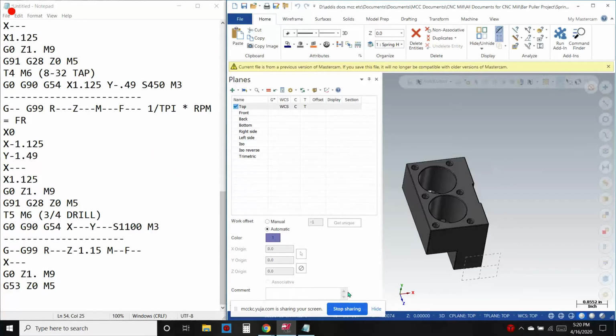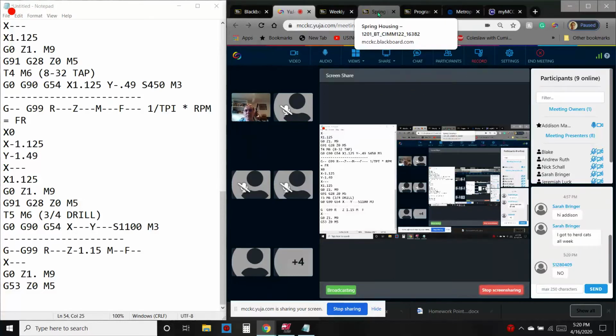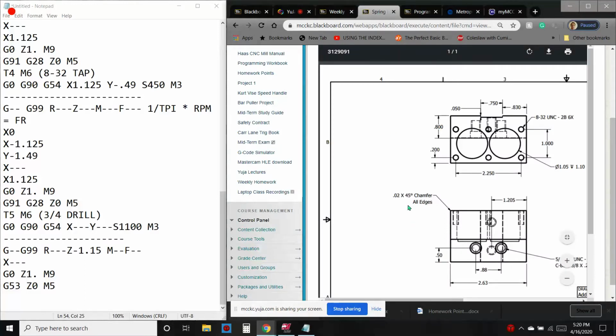And again, is anyone having any issue with seeing my screen or hearing my mic? I guess if you weren't hearing my mic, you wouldn't be able to answer that because you wouldn't be able to hear it. But just know that I have some people in my GD&T class that I attend that have connectivity problems in and out of class. So not only will I post the video, but I'll also post my screen recording of it. So you're all like, get on with it already, right? All right, so